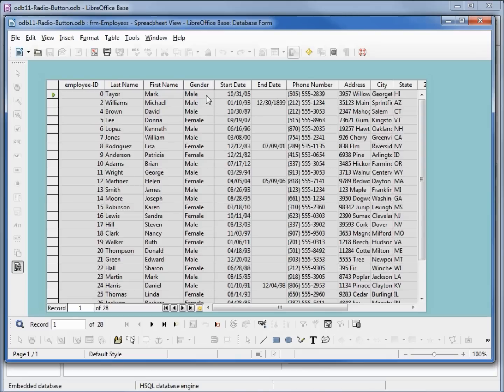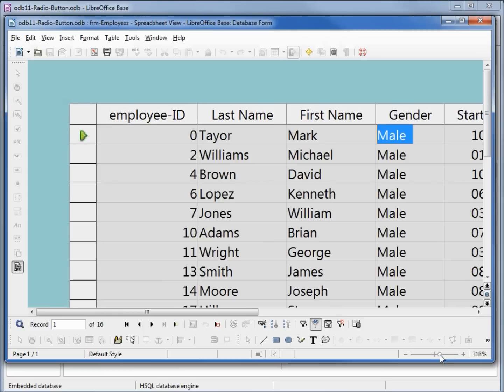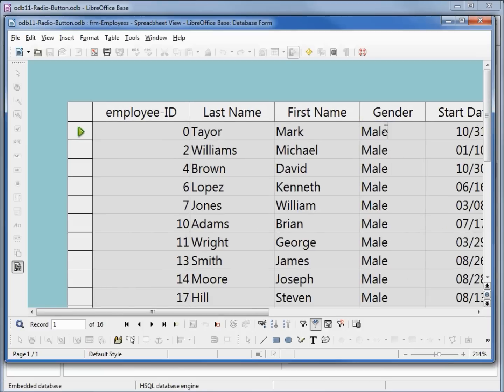And now we want to look at just the males in the table. So I'm going to click on my auto filter. We want to change all these fields because when I click on it, let me zoom in a little, we can see that we've got male space space because when we had that fixed character, it added in those two spaces. When we have a field as varchar, it removes those extra spaces at the end when we edit it, when we add that field.